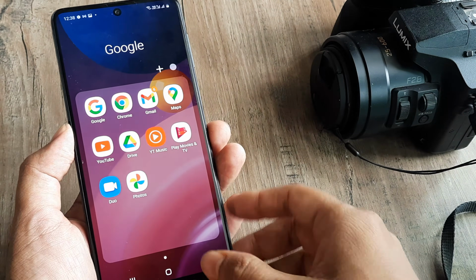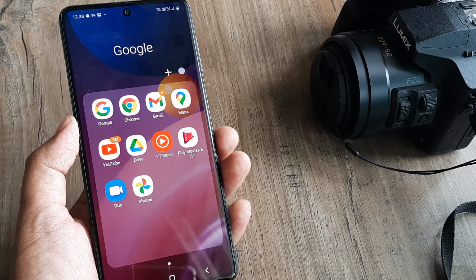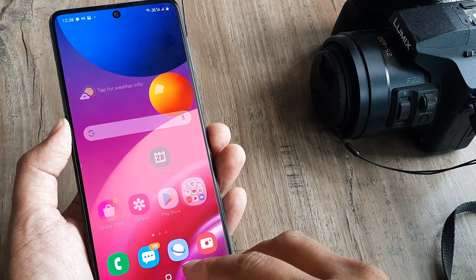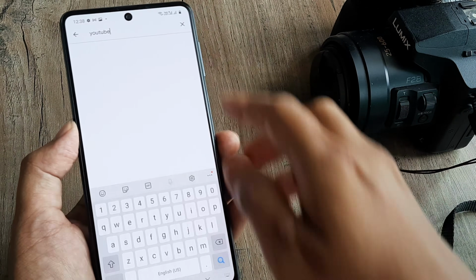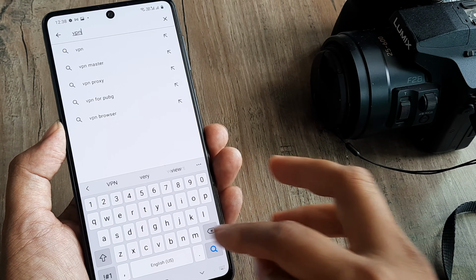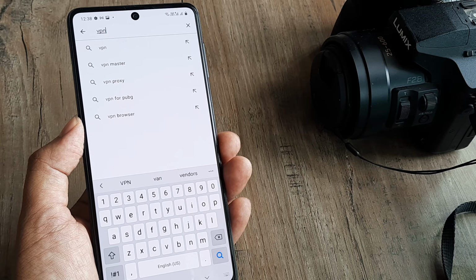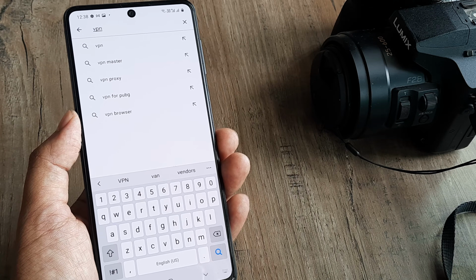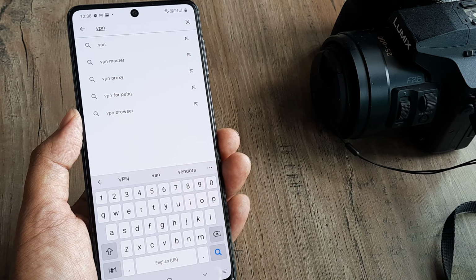So what I then thought is, in case it's not appearing despite you following the same steps that we have taken here, you can go to the Play Store, but you need to be a bit careful here and search for something called a VPN, that is virtual private network. What a VPN does is it allows you to access restricted things. So in case the YouTube app is not showing the shorts thing, maybe you can use a VPN.